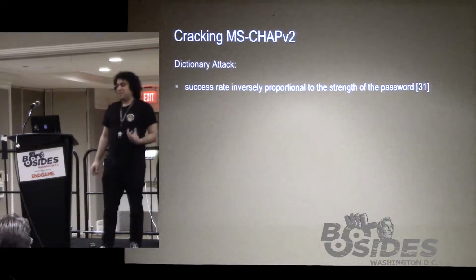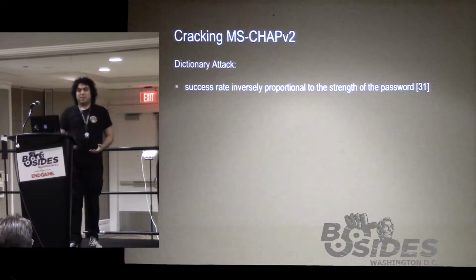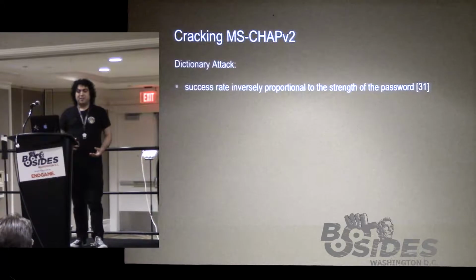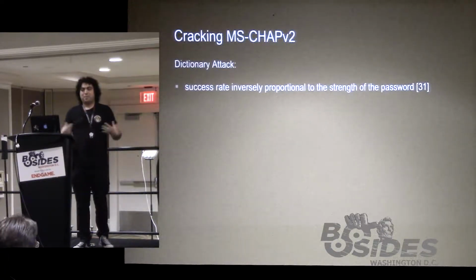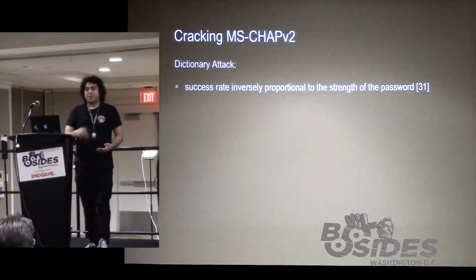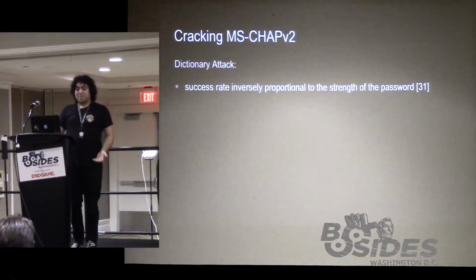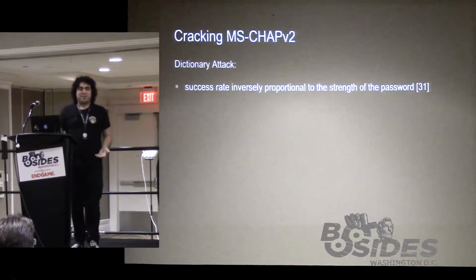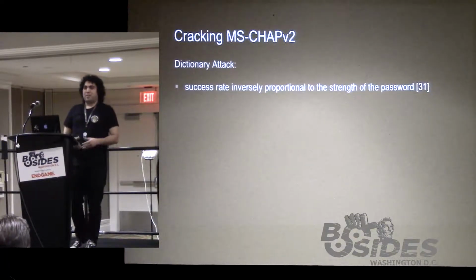The traditional way is that you take that EAP challenge and response that you've captured, and you just iteratively perform a dictionary attack. You take the password and the challenge, and then try to combine them to create an MS-CHAPv2 response, and you try these sequentially over and over again until you find the right password. That's a dictionary attack. Unfortunately, the success rate of this attack is inversely proportional to the strength of the password. So the more complex the password, the more you're going to get diminishing